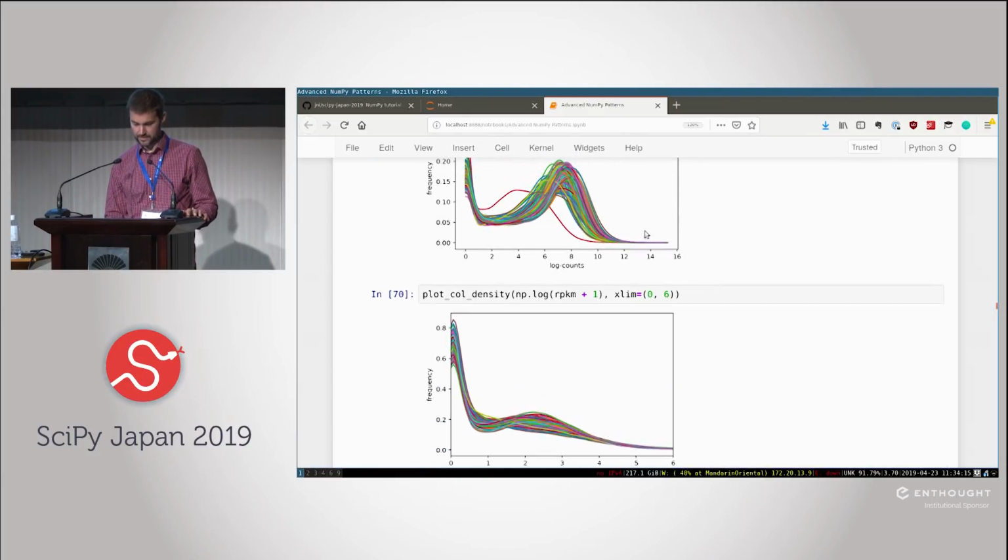Okay, so you see that single line is now part of the whole big. Actually, it's probably this one. Yeah, so this is just one way to normalize gene expression data. There's more sophisticated ways these days, but this is a good one to illustrate how to use NumPy for this